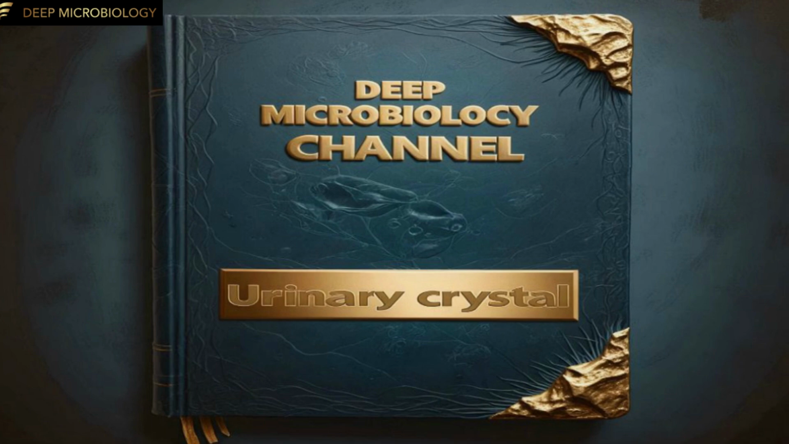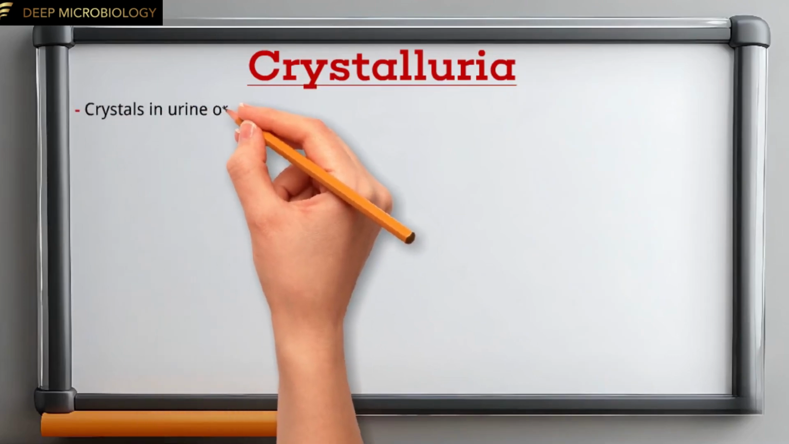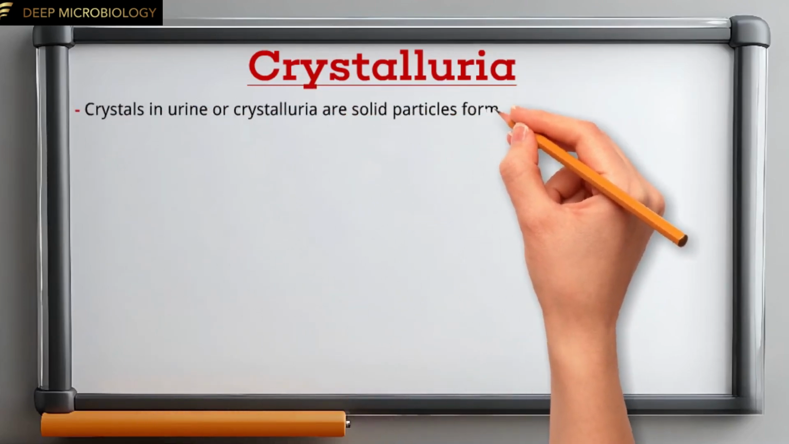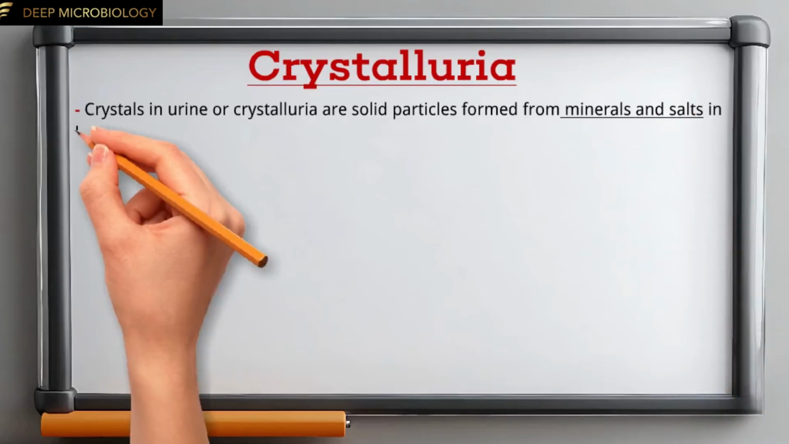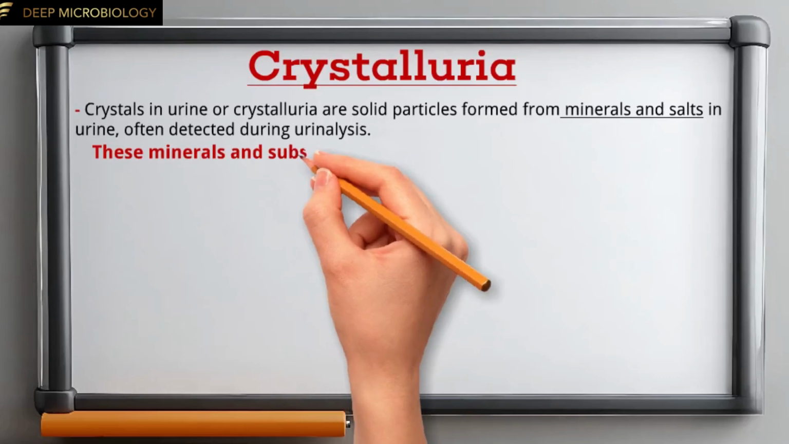Today we present an insightful lecture on urinary crystals microscopy. Let's dive in. Crystalluria. Crystals in urine, or crystalluria, are solid particles formed from minerals and salts in urine, often detected during urinalysis. These minerals and substances include: